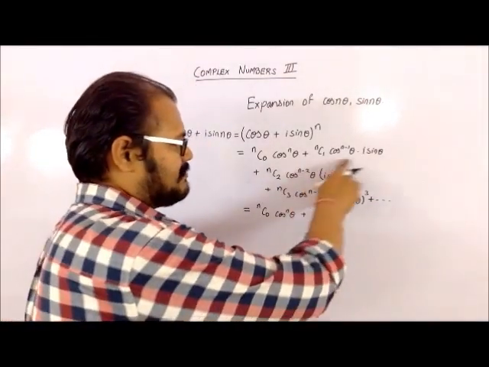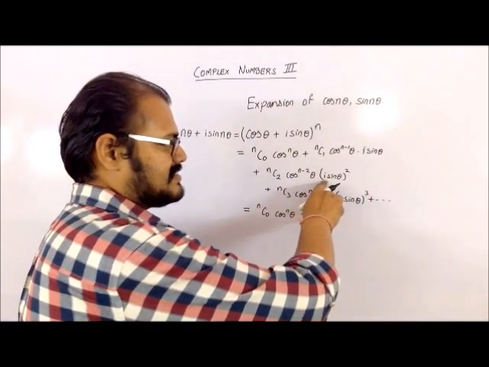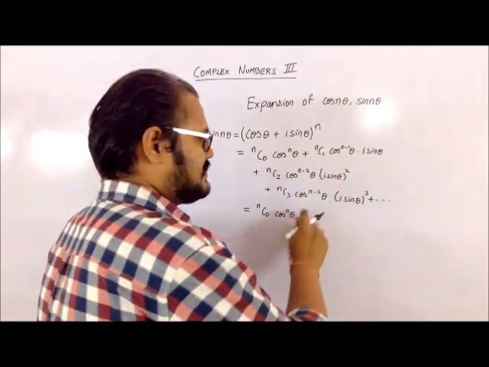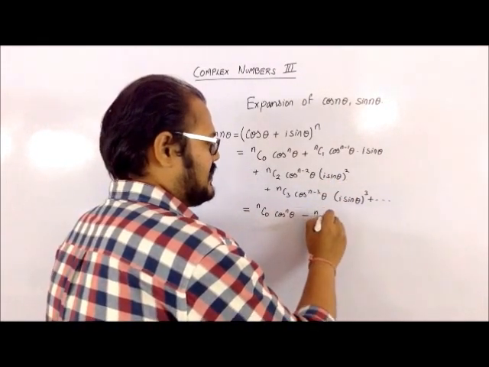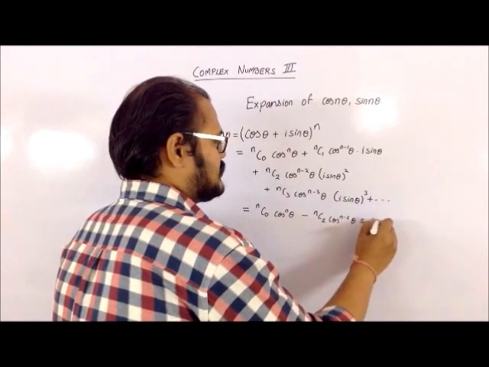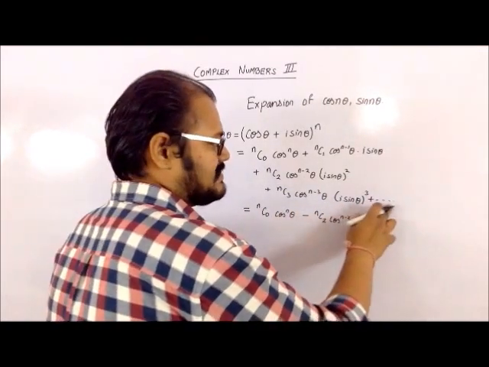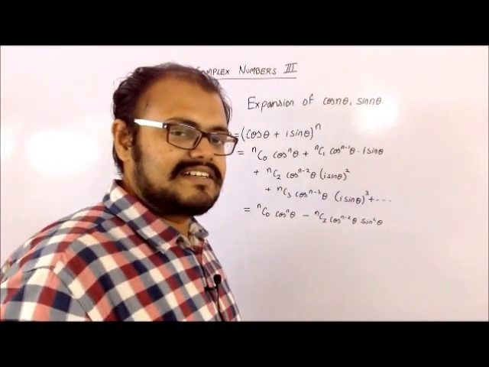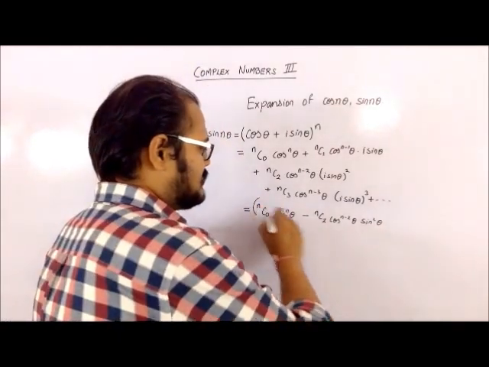The other real part, I won't be getting from this because there is an i over here. If you see the second term, that is going to be i square, which is minus 1. So that becomes my second real part. So minus i square is minus, so minus nC2 cos^(n-2) theta sine square theta. And you will not get a real part from this; you will get it from the number which we have not shown over here. So you can see that you are getting alternate real parts as you expand the terms. So these are the set of real parts which you are getting.